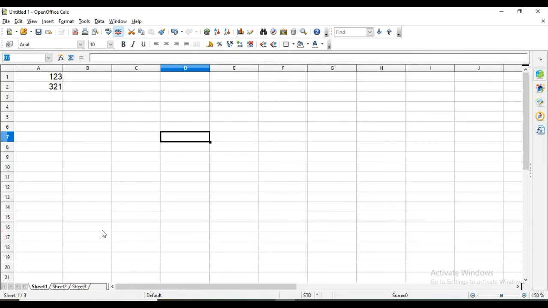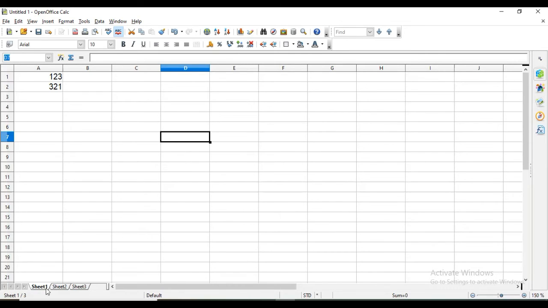Okay, this is from this A1 cell to whatever is visible on your screen, all the cells. That is called your workspace. These are called column headers: A, B, C, D. These are called row headers, that is numbers 1, 2, 3, 4, etc.